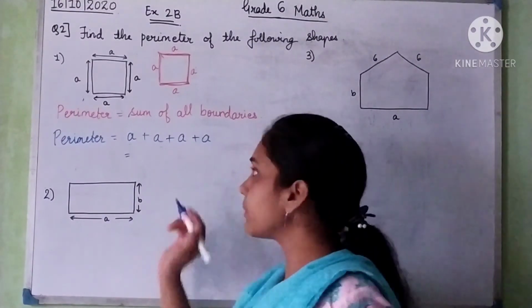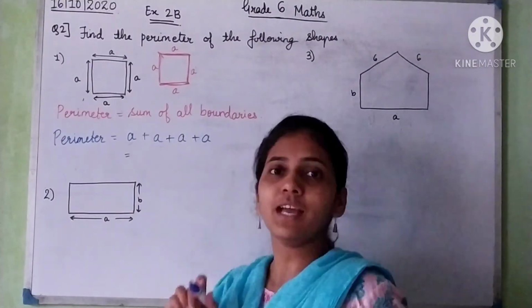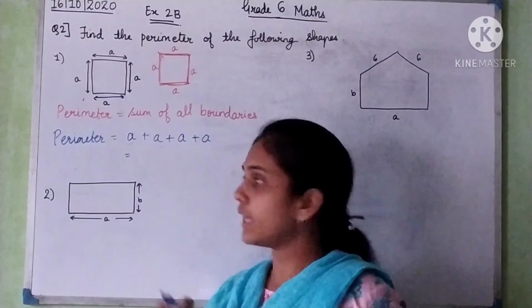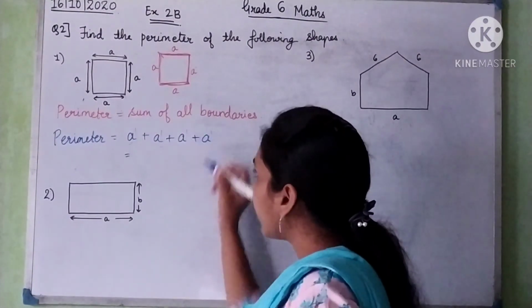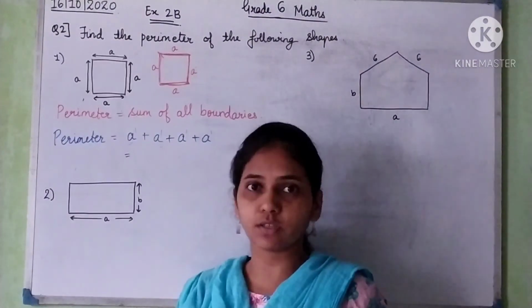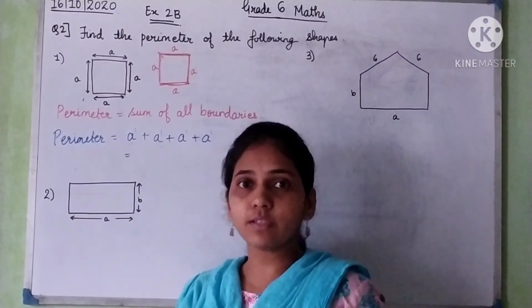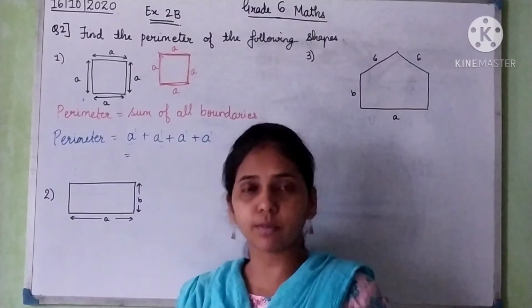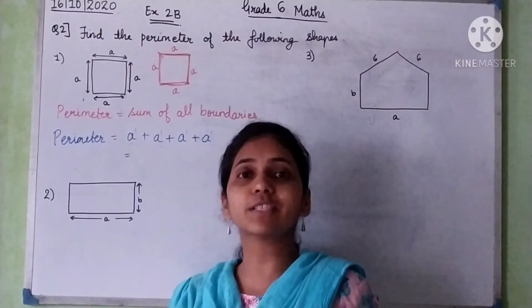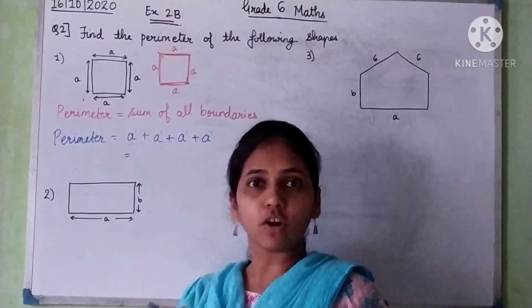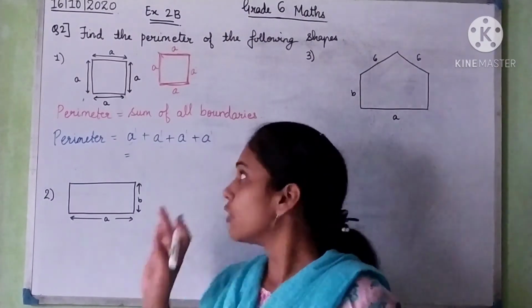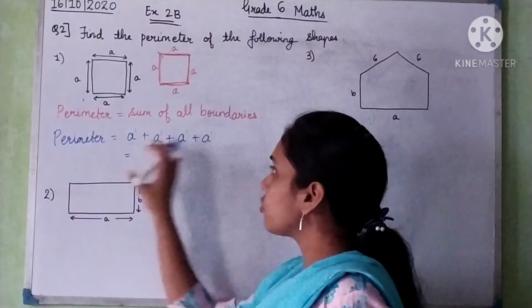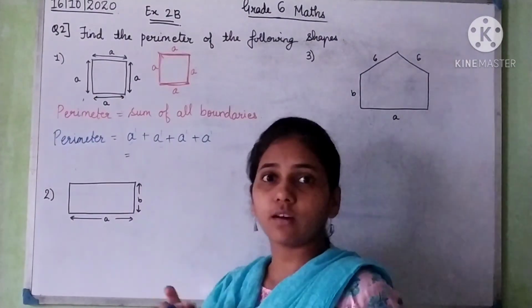Why are they like terms? Because they are having the same variable A and it has the same power. Here the power of A is 1. Here also the power of A is 1, 1 and 1. So they are having the same powers. So if the terms are having the same variables and the powers of the variables are also the same, then those are called like terms. We studied this in our previous exercise, right? So here these all are the like terms.